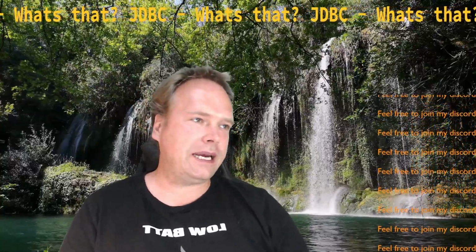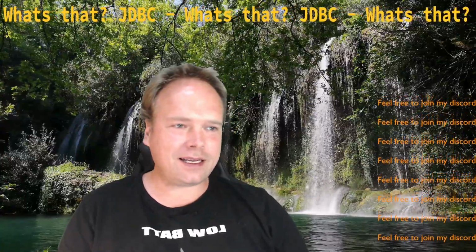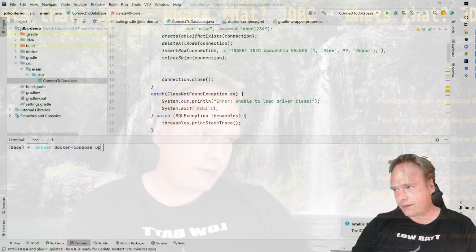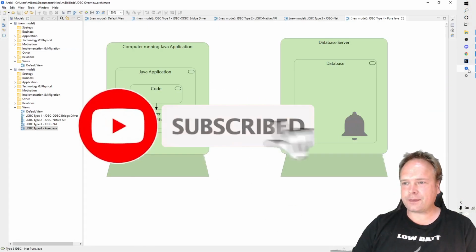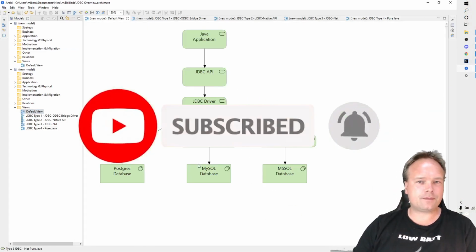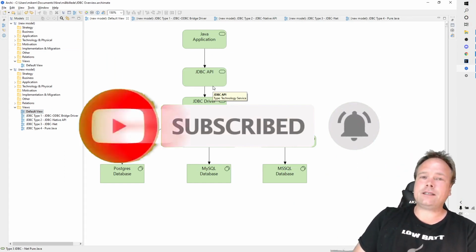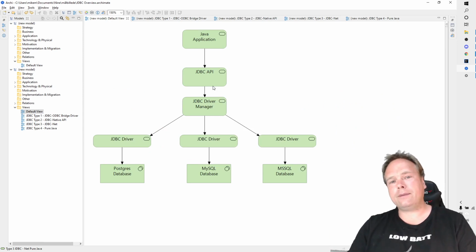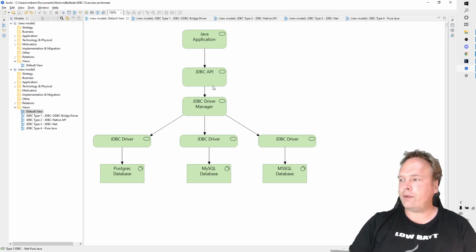Tonight we're going to talk about JDBC. What is it and what is the difference between the different types that we have? Let us get right into it. First of all, JDBC stands for Java Database Connectivity, and it is actually the API that connects our Java applications with